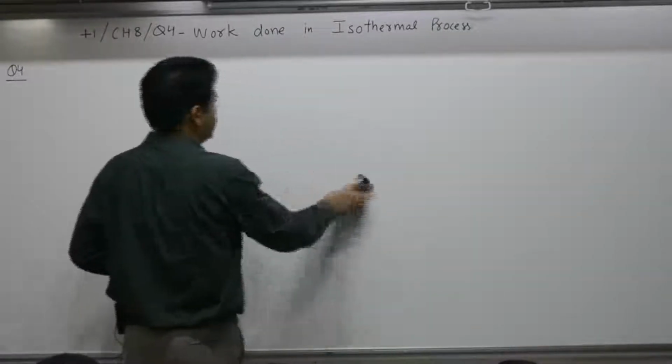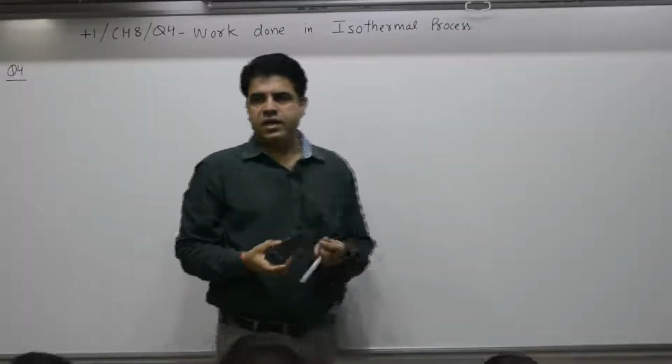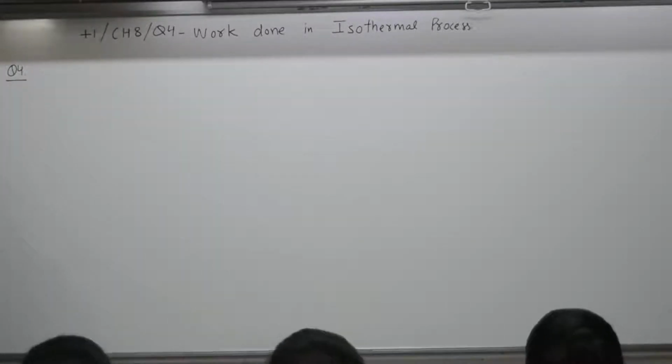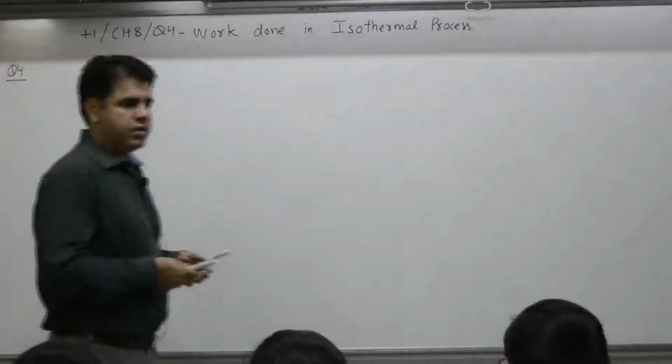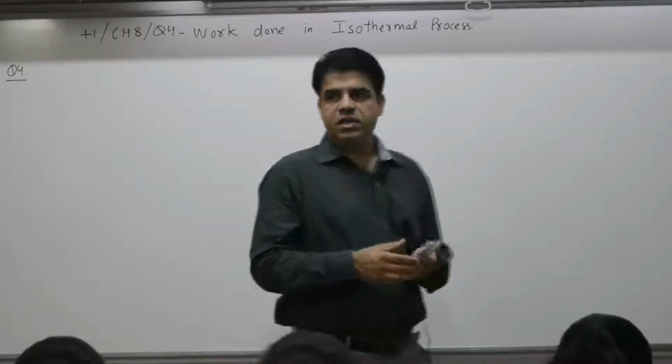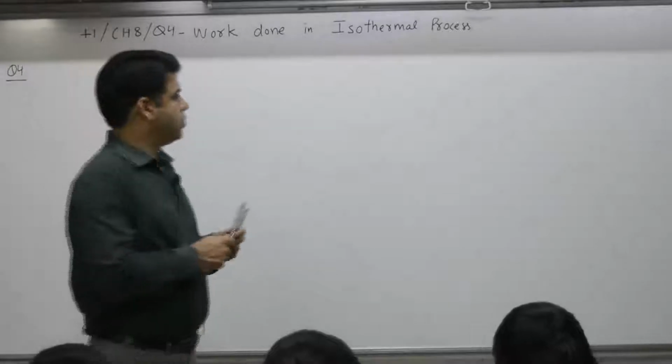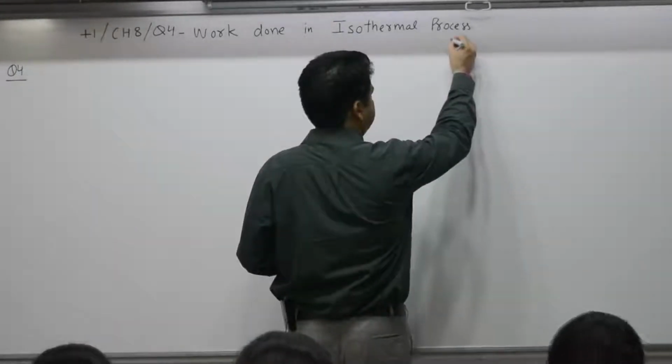Question number 4 deals with what? Work done in isothermal process. What is an isothermal process? Process in which temperature remains constant. So, for a PV graph,